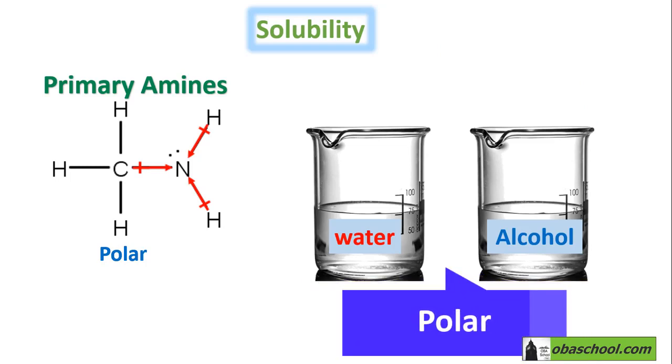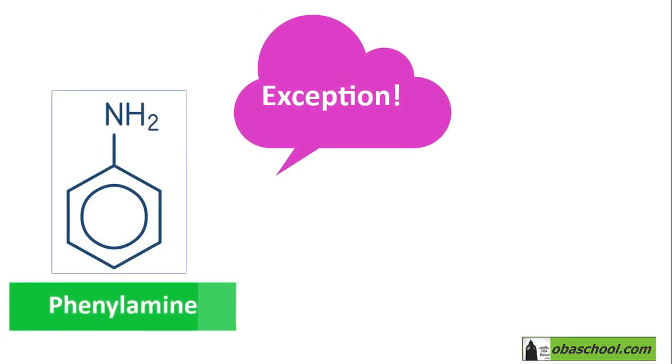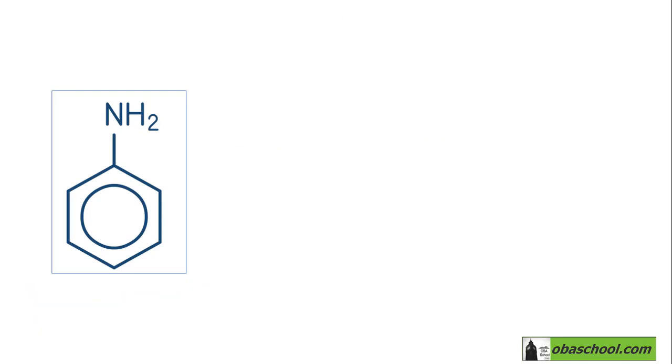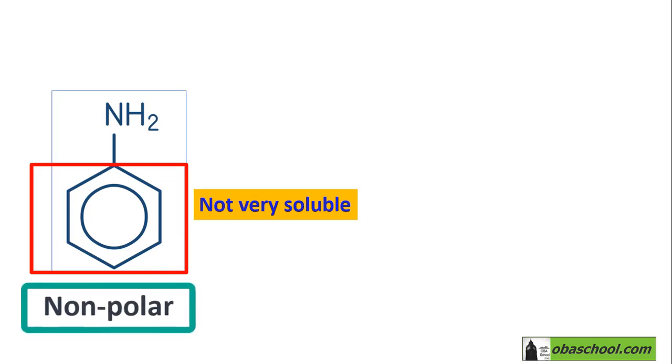However, there is an exception here, which is phenylamine. Phenylamine is a primary amine, but it is not very soluble in water due to the fact that benzene is nonpolar. We have learned in the previous chapter that the benzene ring is nonpolar because all of its